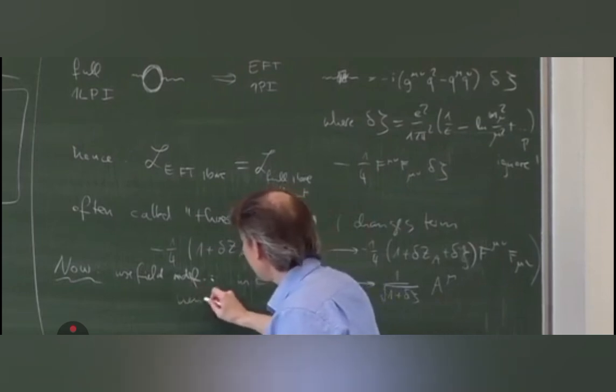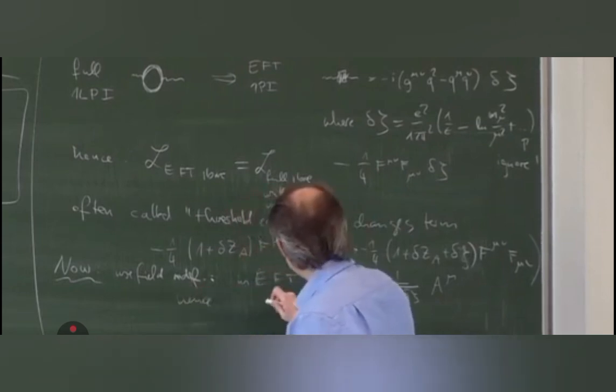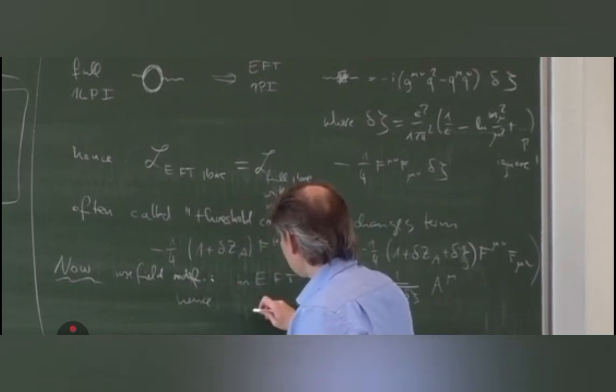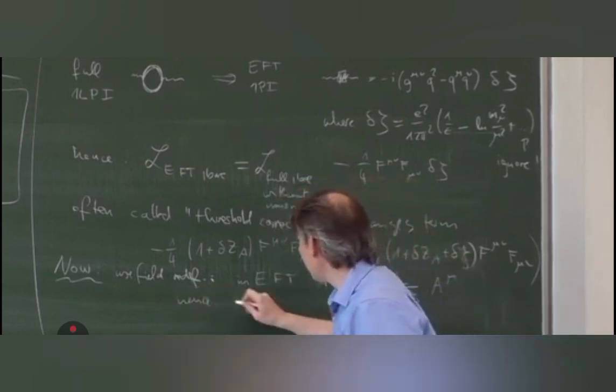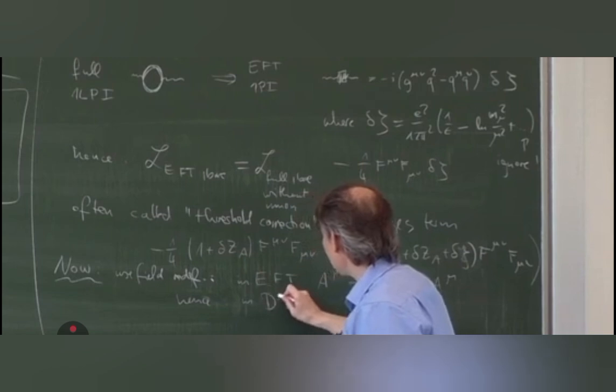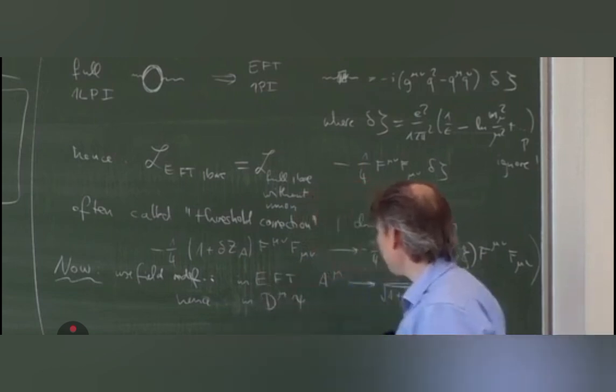So here the δζ simply drops out, but in a covariant derivative, for example, of the electron field,